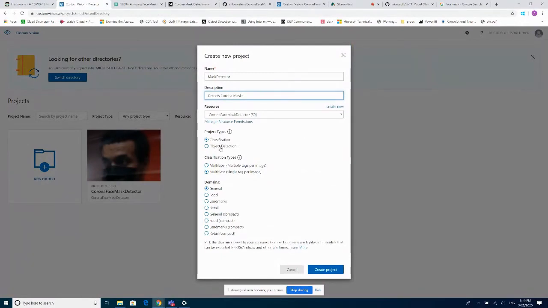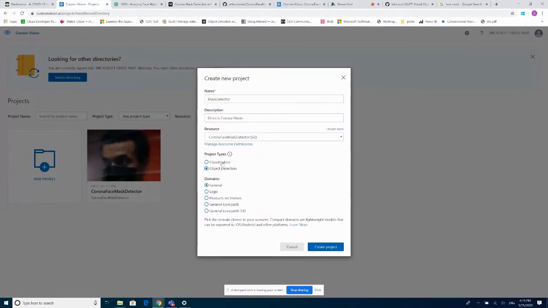Then the next thing that you want to do is select your project type. We're going to be doing object detection. The difference between classification and object detection, for people who don't have a background in computer vision: